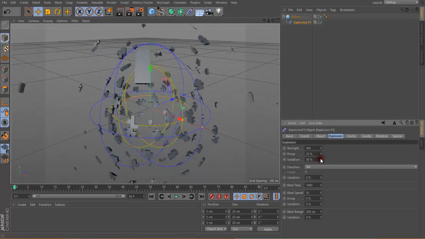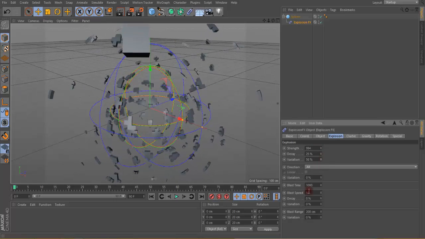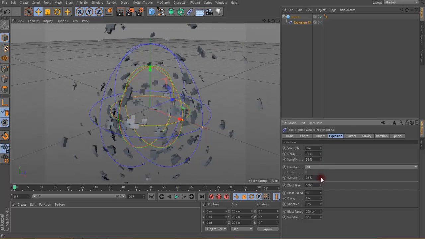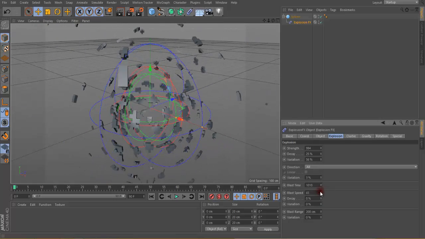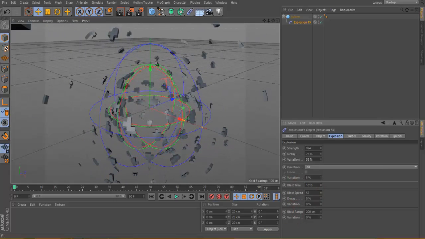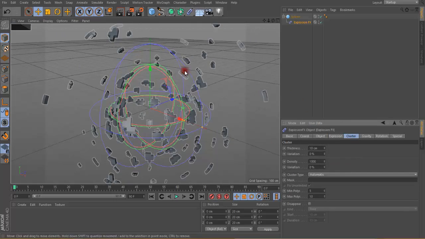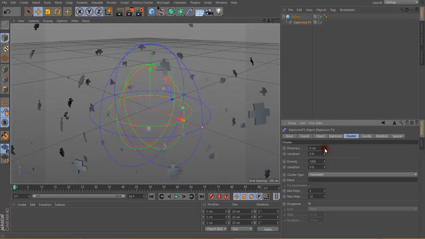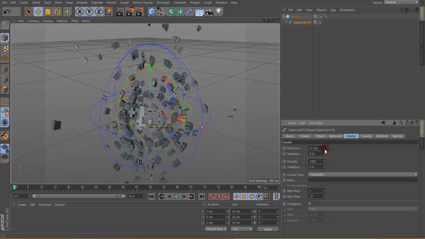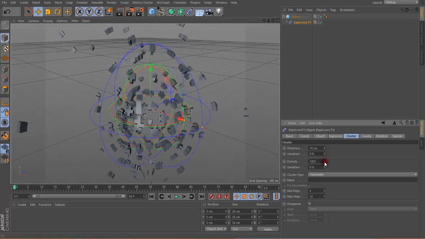decay, variation of this explosion, variation in directions. You can change the blast time like this, blast speed, and other options according to blast option. Cluster is for the size of these small particles. If you want to change the thickness of it, you can change it like this. Density, you can change it